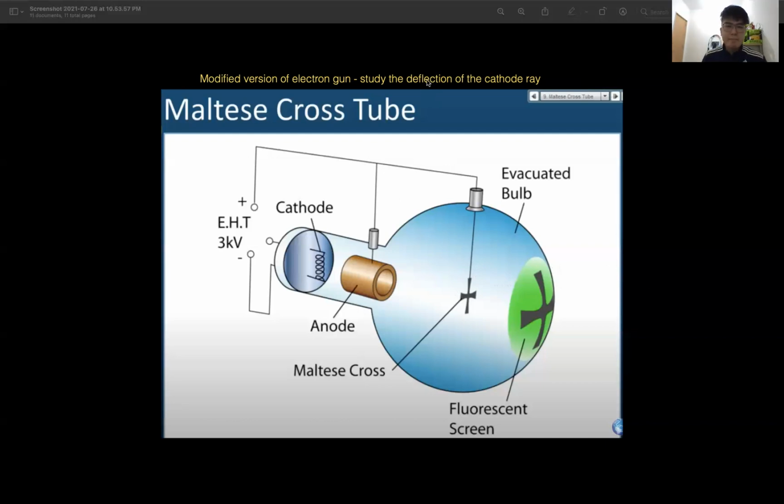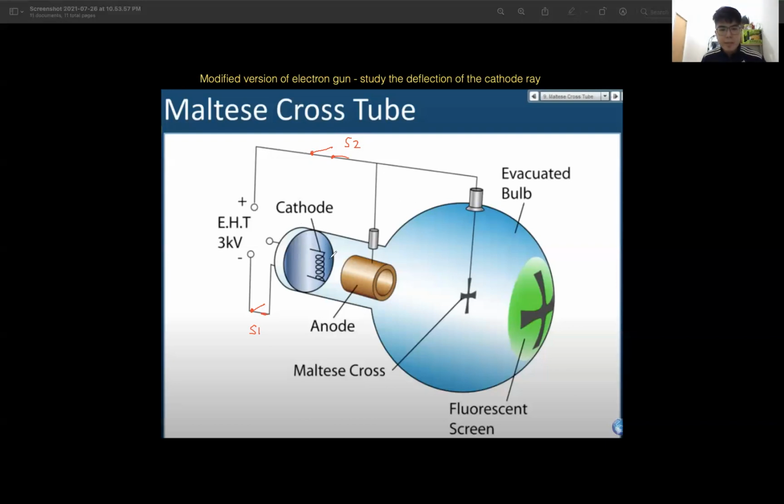Let's say we have two switches. S1 controls the cathode, and S2 controls the anode. When I close switch 1, current passes through the cathode and I heat it up,